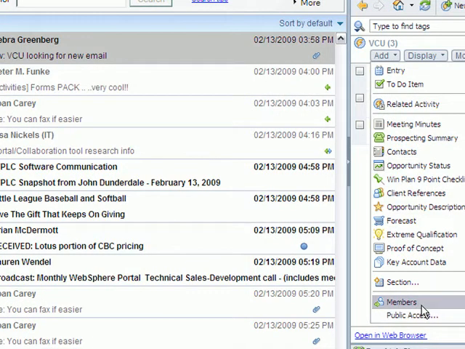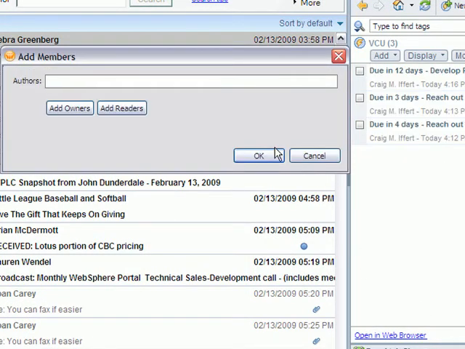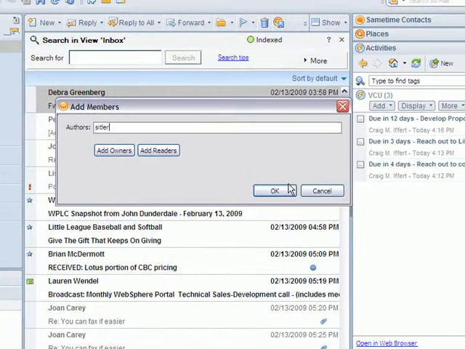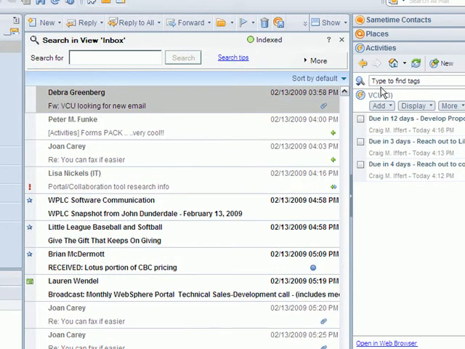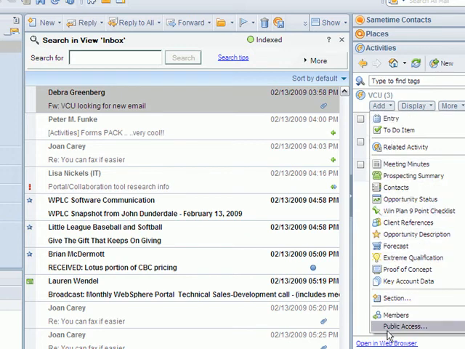Just real quick, as this opportunity starts to grow, I'm going to be reaching out to other team members. So again, this is just an example of how I can add members. So rather than send an email or anything like that, I just add the members to this. I can also make this publicly available, right? So again, I can create this as an